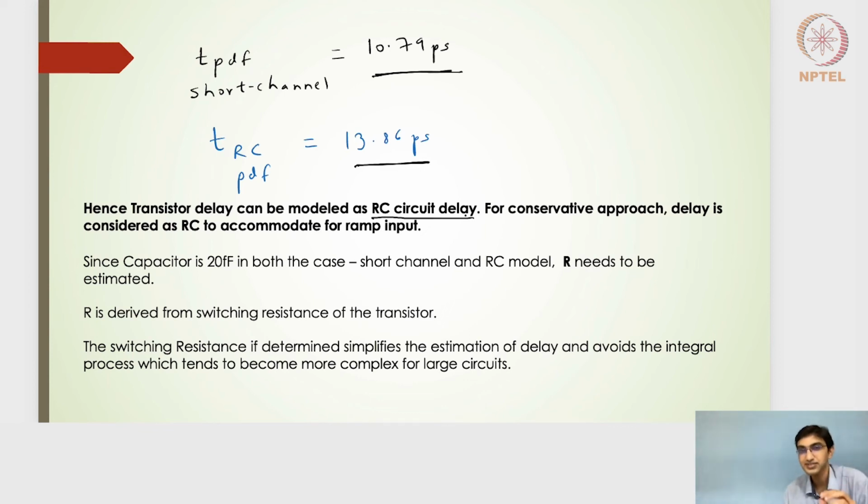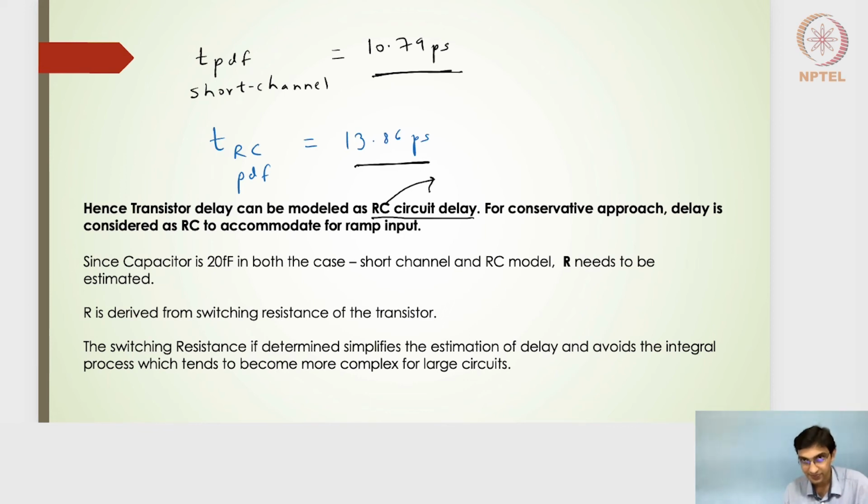Because then in a transistor, I'll have to write the current equations, and then for getting the voltage expressions, I have to do the integration of that, and then find out the particular regions of the transistors, and then put the value of VDD by 2 so as to find out the propagation delay, whether it is falling or rising. Right, so instead of that, if I have an RC equivalent circuit where the C is nothing but the